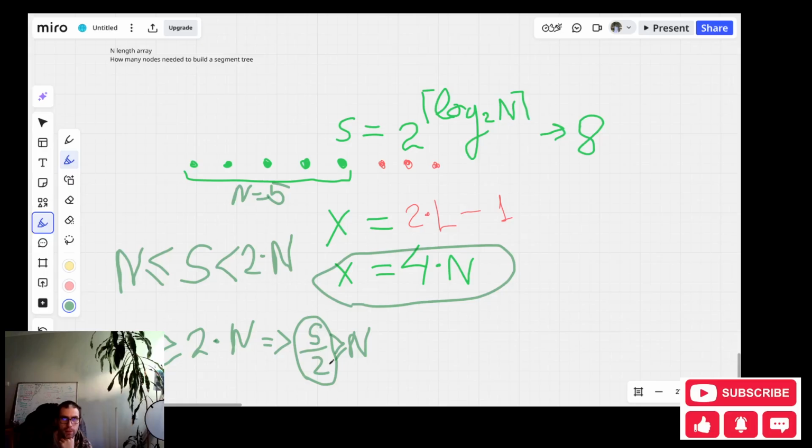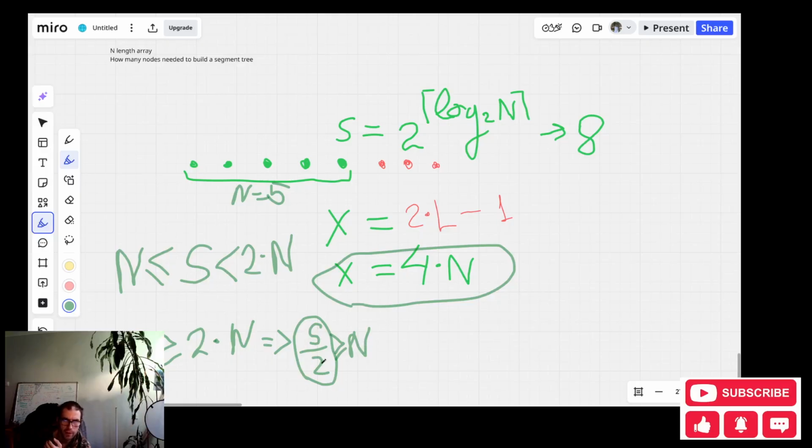But here we find that there exists some power of 2 which is greater than n but less than our s. We need s to be the minimal power of 2 that is greater than our n.